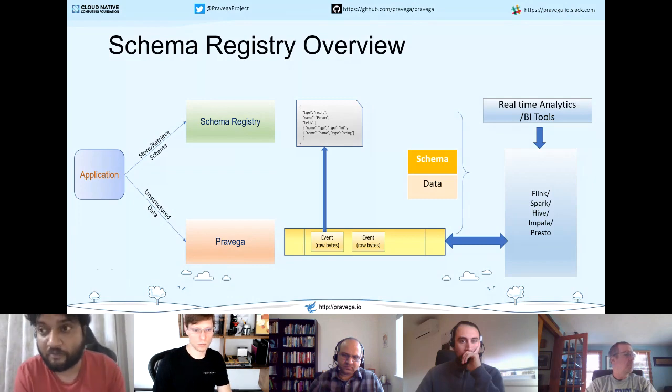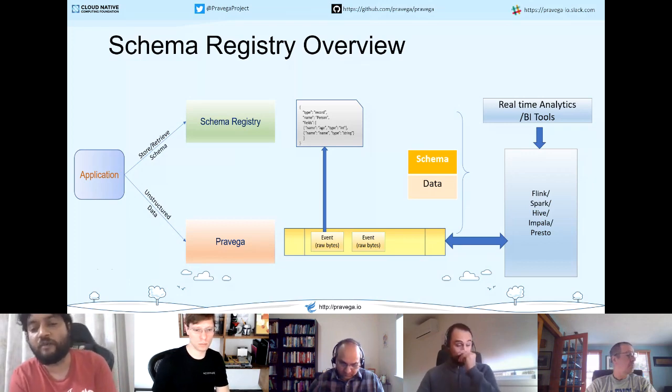So compatibility is very context specific. It's your application's usage and how you are deploying and upgrading your application. Schema registry helps you manage and enforce that compatibility policy, apart from being a serving layer for the schemas that you have in your application.